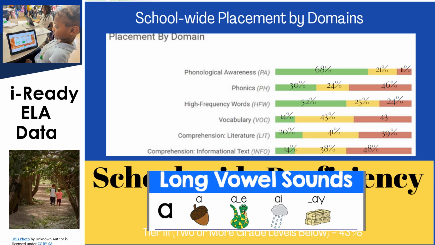AI is spelled, it spells along A, such as in the word rain, and AY, such as in the word hay. So when our children learn the different ways that the letters of the alphabet can be grouped together to make those sounds, then their writing improves, their spelling improves, and they're able to identify those words when they read. So those are the 3 things I ask you to help us with this year so that we can improve